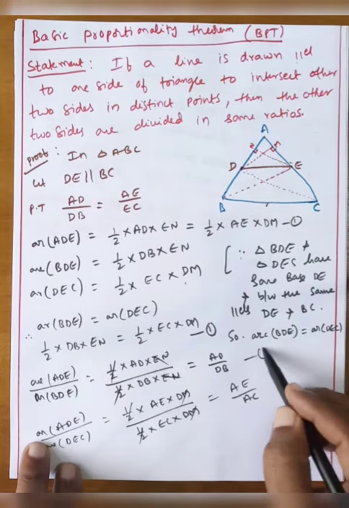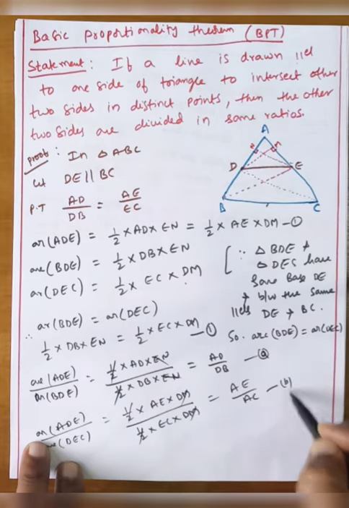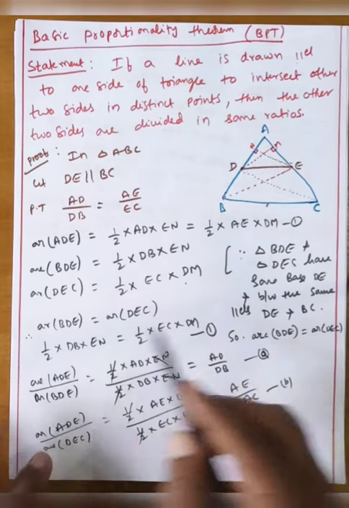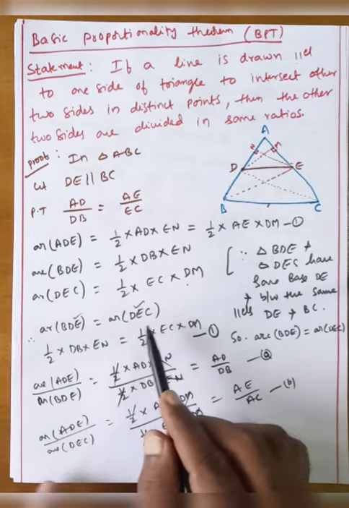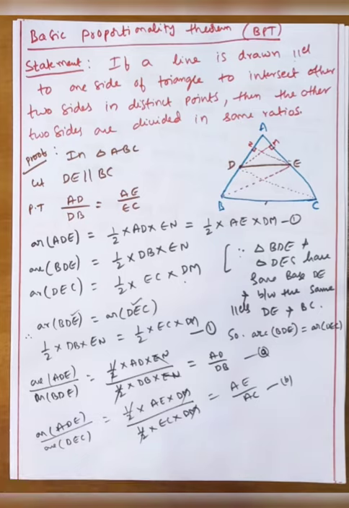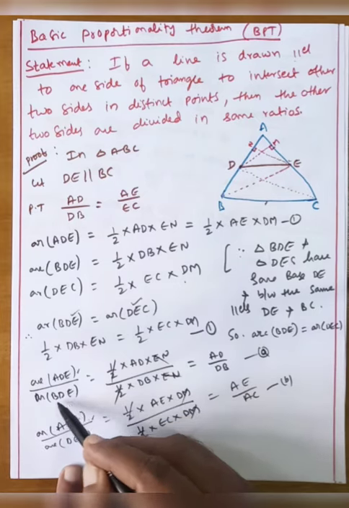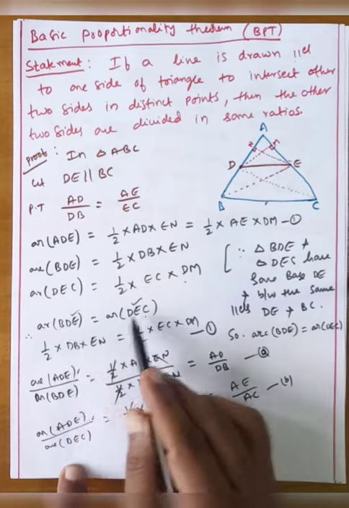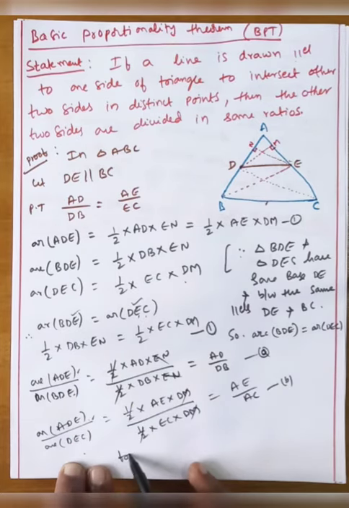From 1, this is already given. Suppose this is A, this is B. From A, here I already explained, from 1 this area must be equal, meaning BDE is equal to DEC. What happened, my dear students? Means A and B are equal. Say yes or no? Here AD is the same numerator, the denominator BDE and DEC, but these two are equal. This one equal means 100% these two are equal from A and B.